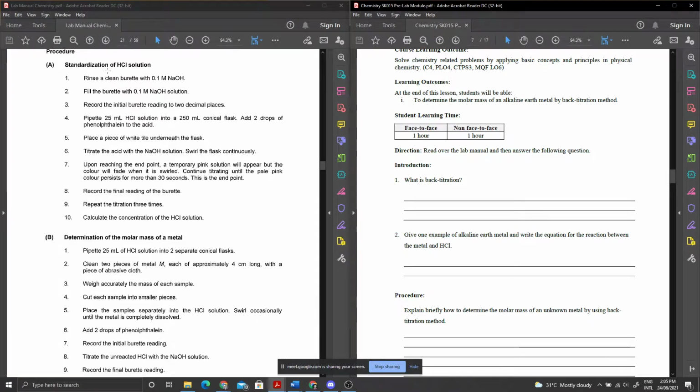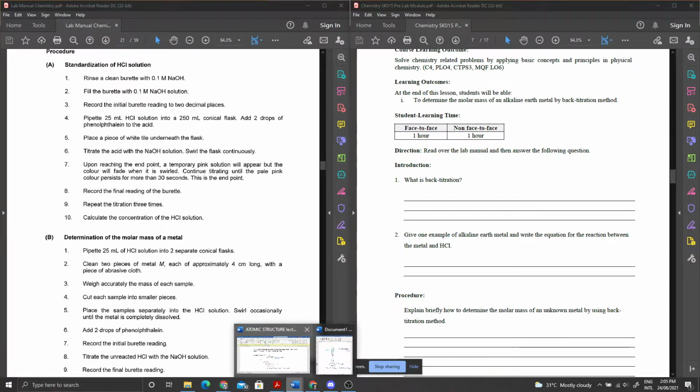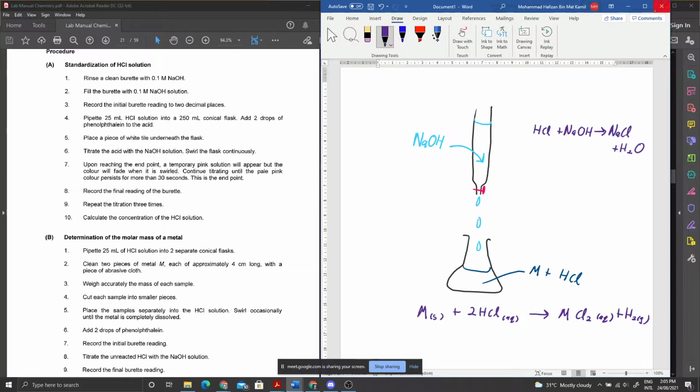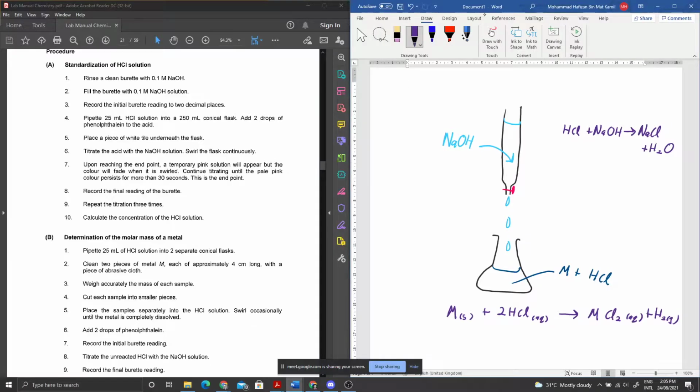First is we standardize the HCl. So the first thing is you put HCl here. Okay. The first thing you do is this standardization of HCl. So you titrate HCl with NaOH. So you fill NaOH in the burette, you titrate into the HCl, you will get its volume of NaOH, and then